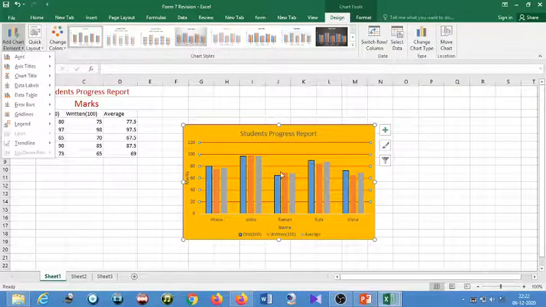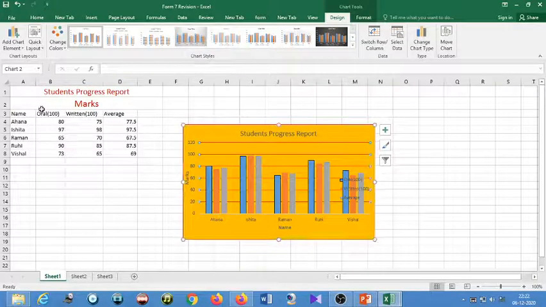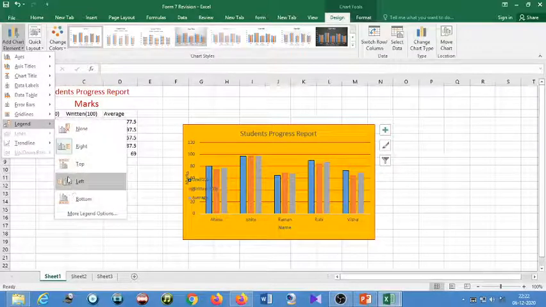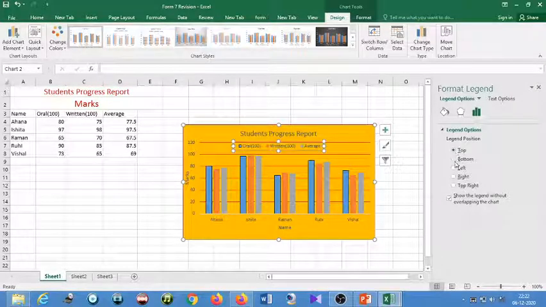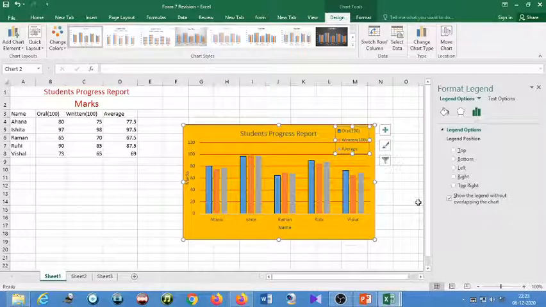Right now students, you can see that the legend is given at the bottom. So if you want to change the position of this legend, then you can make it the right side or any side, left side, or more options are given. Top, bottom, which was already there, left side, right side, top right. Okay, and you can move it here and set it. So this is formatting the legend, students, that I showed you from the textbook, this one option. So this is about legend.